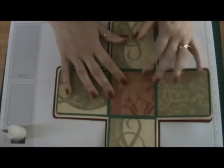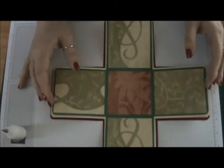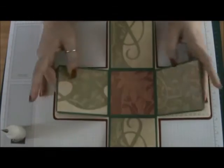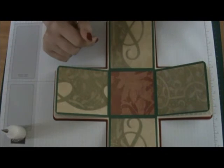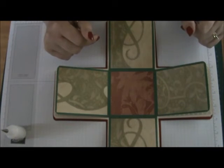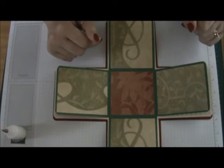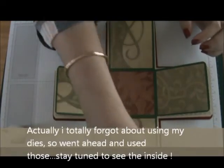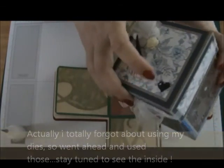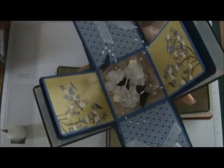And now for the center, you're going to want to embellish it with whatever you want, Christmas embellishments, whatever you want to put in there. I actually don't have any Christmas embellishments. I've got nothing that's Christmas. So what I'm going to do is the same kind of thing that I did in this one, with the flowers and the butterflies. I'm going to do the same thing in the Christmas one,